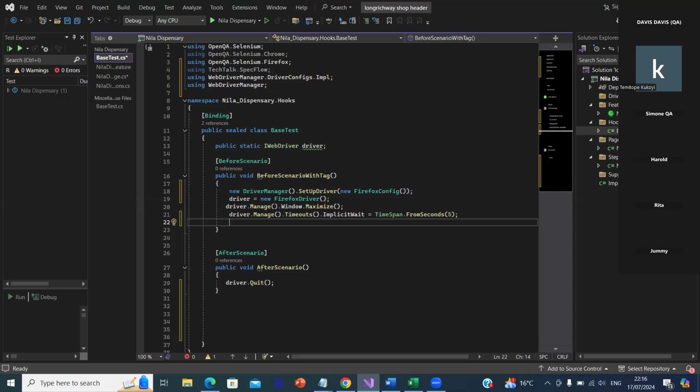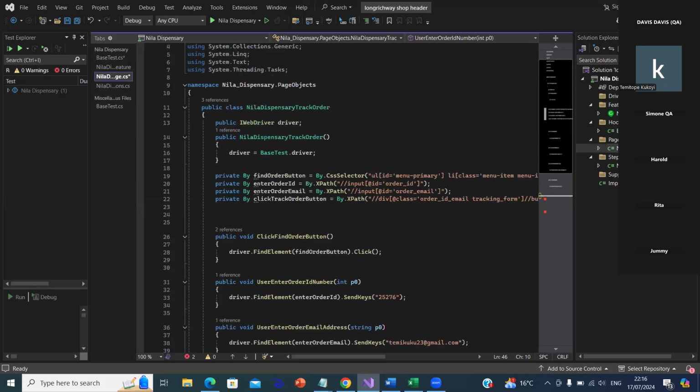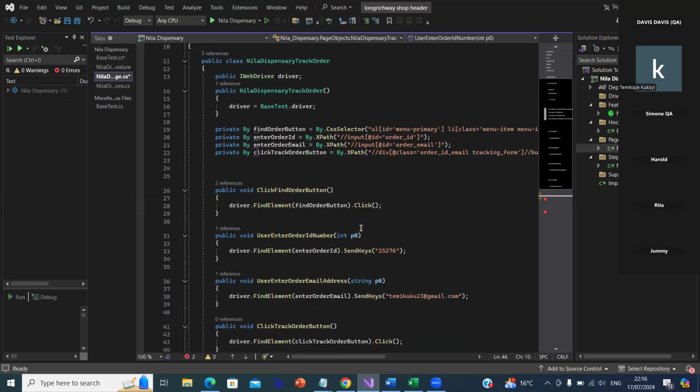Temitope, go to your page objects. It's in the page objects. I'm sure of it. Is it not in the page objects? How were you taught? They must have taught you, isn't it? Yeah. So what I was taught is that it's in